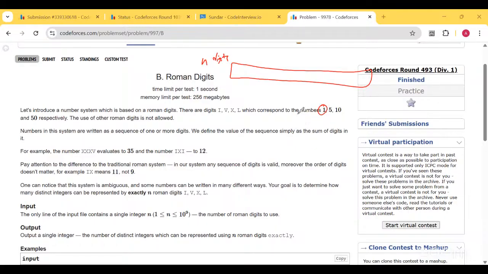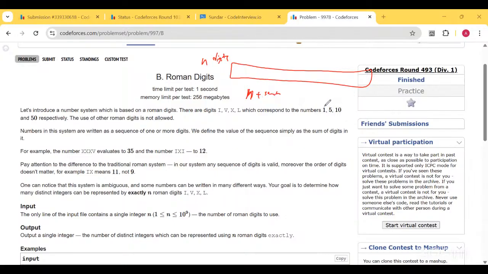So at least the number is n. So let the number be n plus something. So to find what the something is,